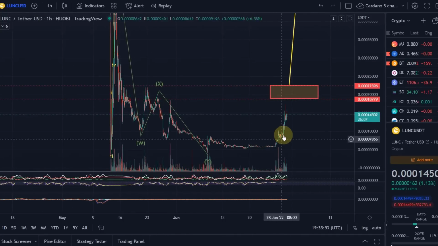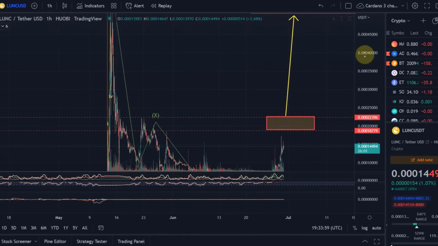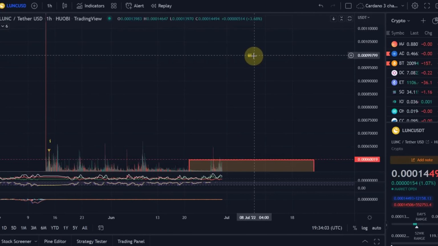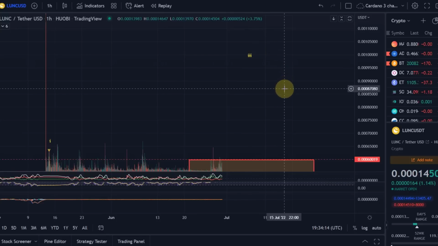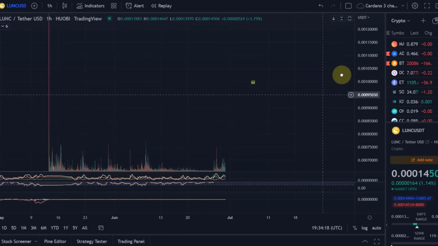And to be fair, this is moving up quite strongly at the moment, so it will be interesting to see the reaction here. And if we blast through this, then there is a potential obviously to get to the next resistance area. And if we go through this, next target would be the wave 3, and then we can really not at the moment project this out further, but this would only be the wave 3. You would then expect something like a 20 to 30% correction in a wave 4 before we move up once more in a wave 5, even higher.